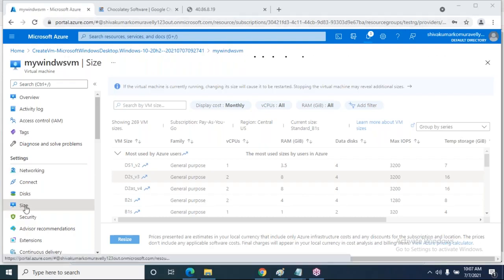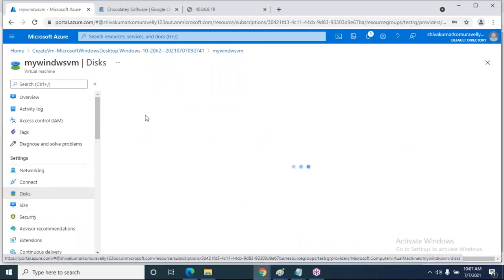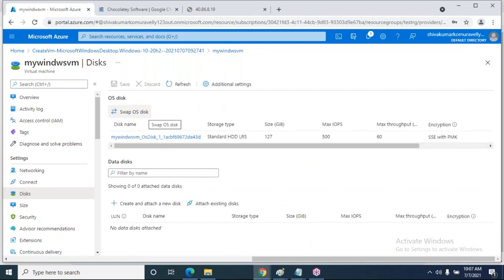And you can add one more disk here. If you click on disks, this is the same thing we did with Linux operating systems. So just do this activity.